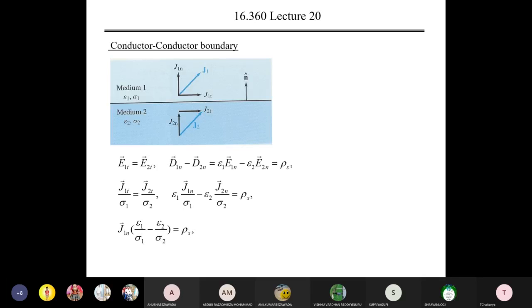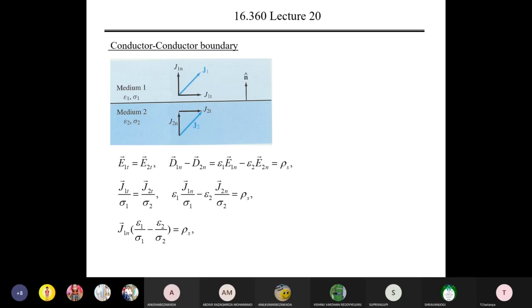See, conductor to conductor is the second application. If you consider a conductor as the first medium, the second medium is also a conductor. At that time, we have to consider the normal value as well as the tangential value. When it is a conductor, let us consider the current densities. Current density is indicated by J, because it is a conductor. So it has a normal value Jn1 and a tangential value J1T. The net value is J1.